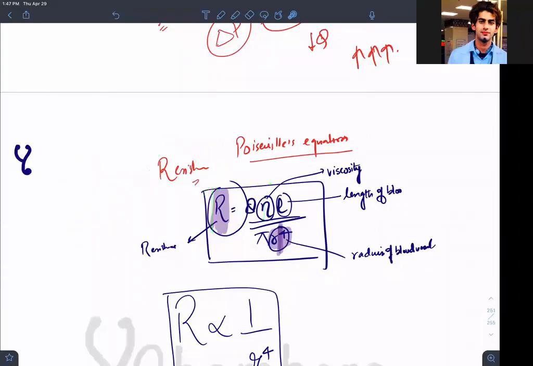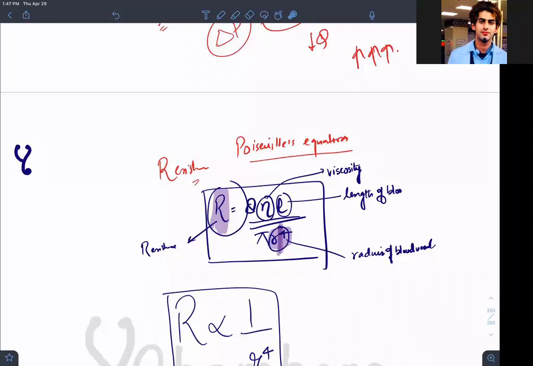Blood flow will decrease. So a person with polycythemia, or a person who is dehydrated, don't you think he will have the flow affected to his brain, his heart, his kidneys, his lungs? Don't you think it is affecting his oxygen supply also? Because flow is not happening. That's a beautiful concept. I'm applying this concept now.